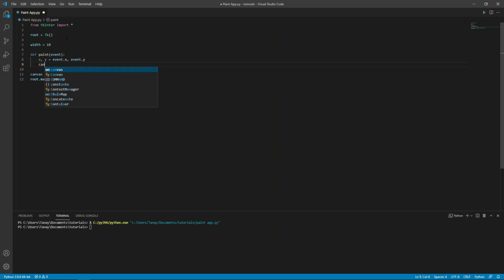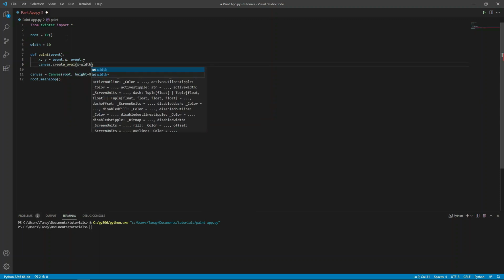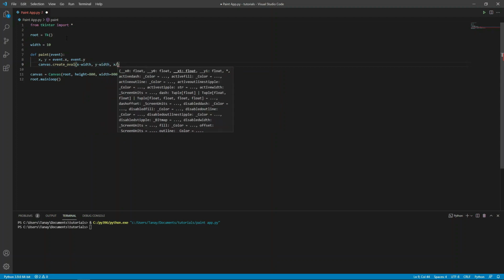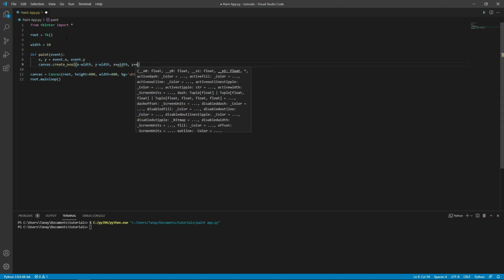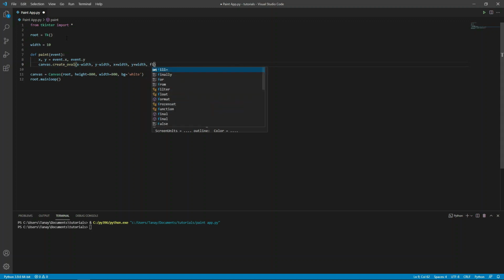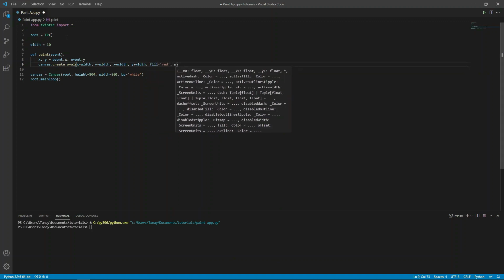Canvas dot create oval x minus width, y minus width, x plus width and y plus width. Fill equals to red and width equals to 0.